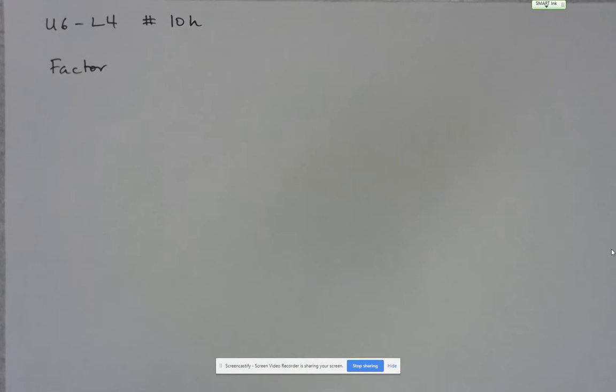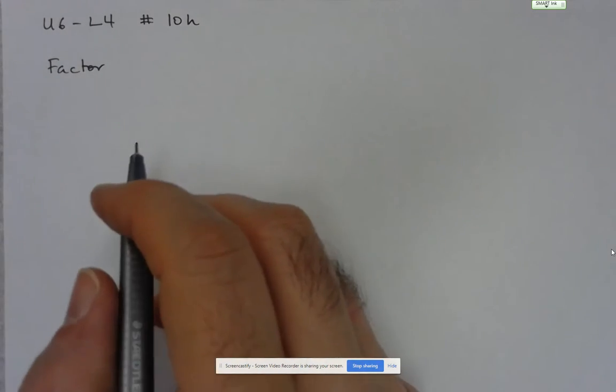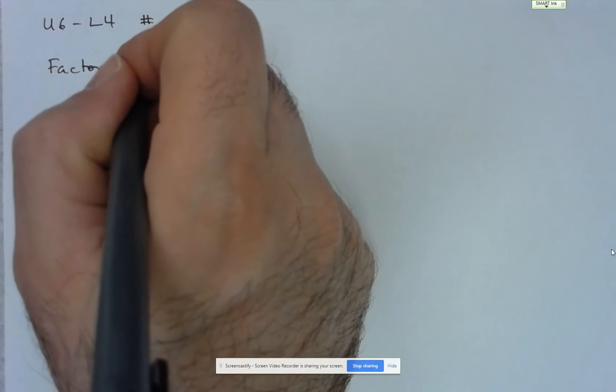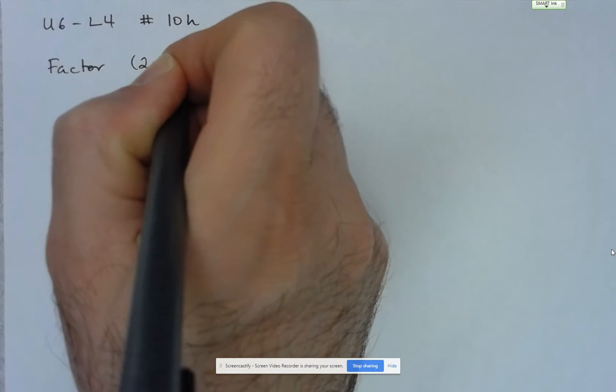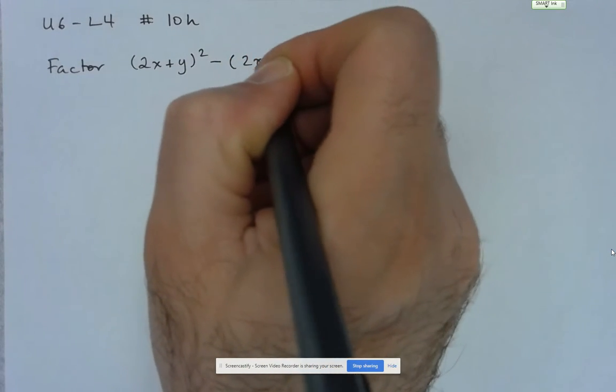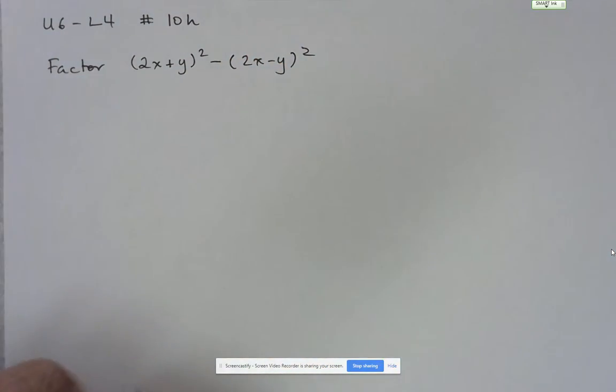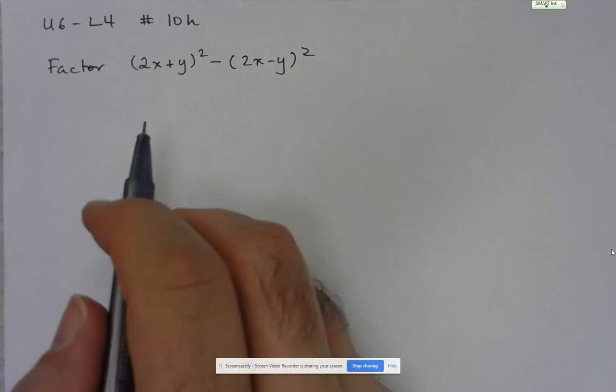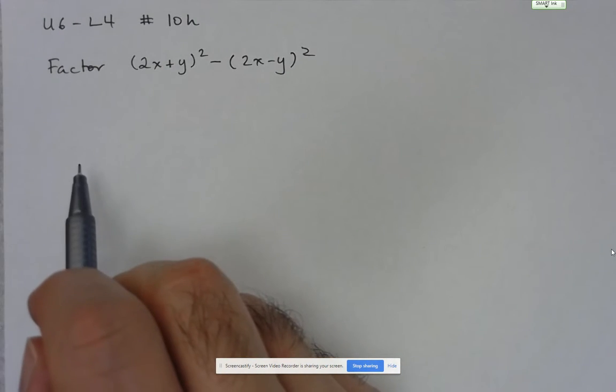Hi folks, we're going to take a look at number 10H from the Unit 6 Lesson 4 worksheet. So here they're asking us to factor (2x + y)² − (2x − y)². All right. Now, what I hope you notice, despite the fact that it looks a little more complex, is this